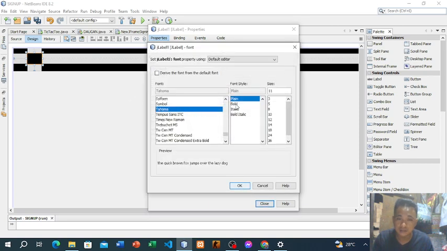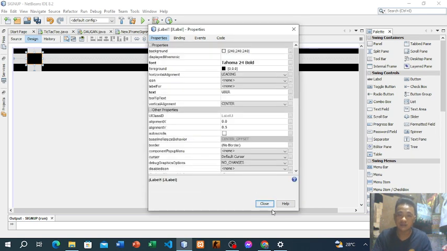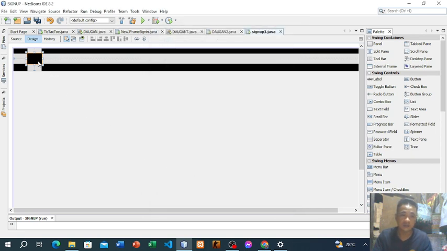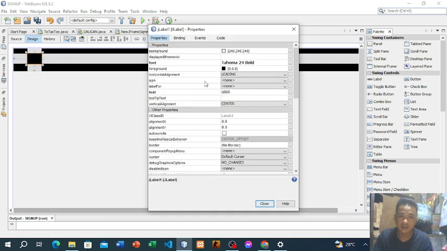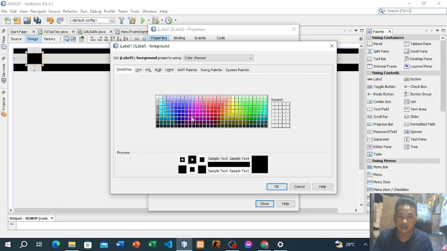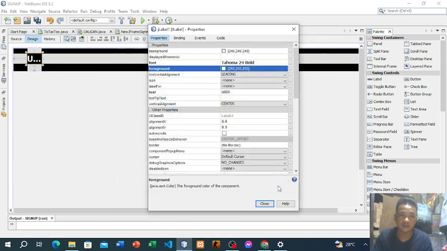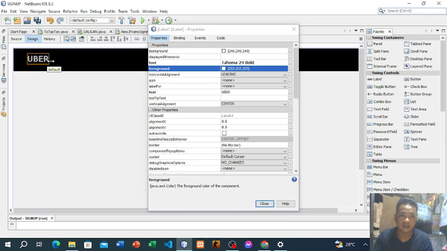Then I'll make it bold, then maybe 18, 24 is good. Close. Sorry, forgot the font color. Make it white so it will be seen. Here you go, Uber.